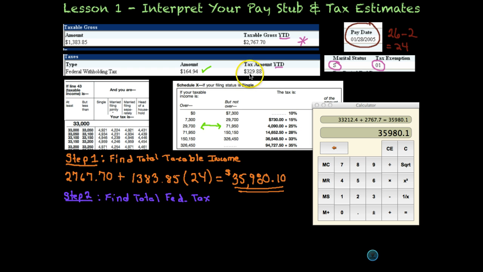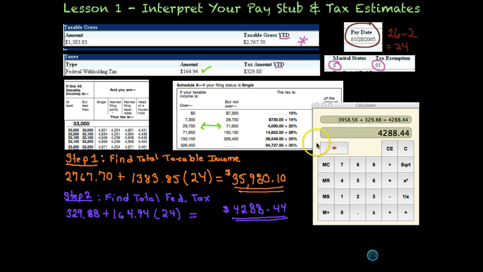Well, so far he has had $329.88 withheld, so we can include that. $329.88 plus this person has $164.94 withheld each pay period, and we've determined there's 24 remaining pay periods. Again, simplifying this in the calculator, we get total projected tax withholdings of